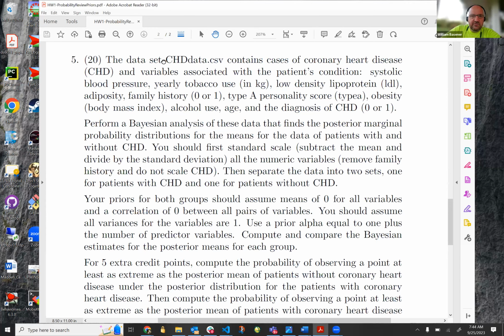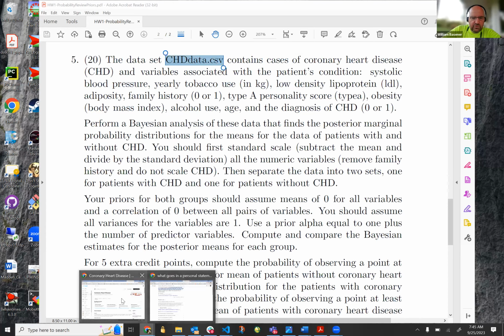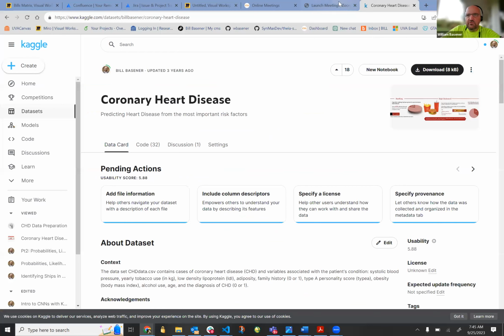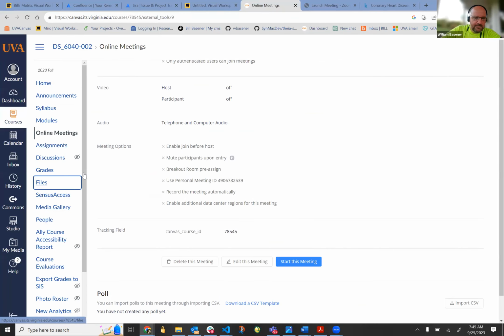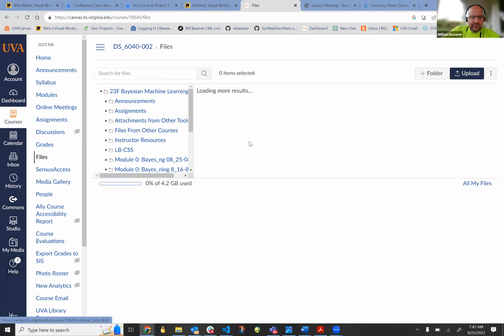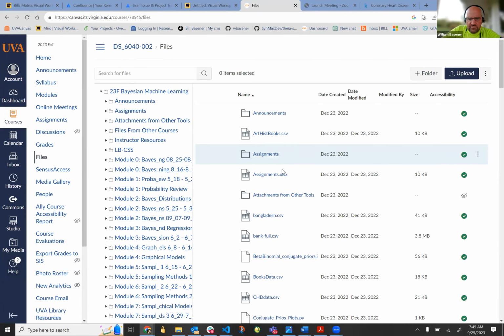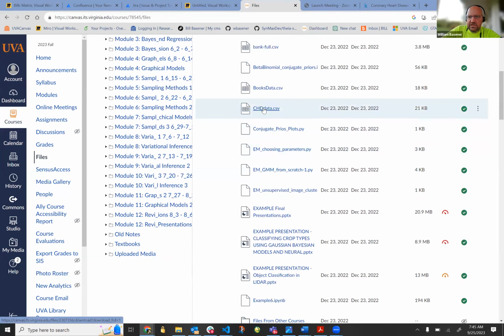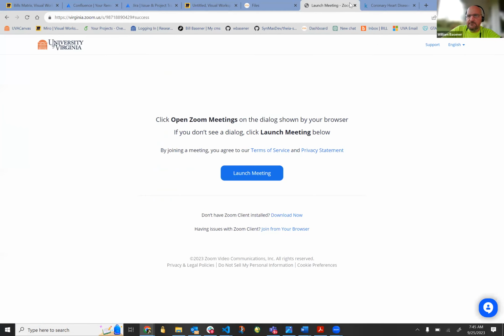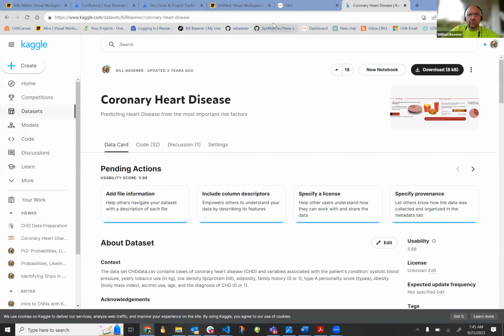The data set CHD data.csv. Okay, so let's start from what that means. There are probably a couple of places where you can get to that data set. The pretty sensible place: if you go to files, you go to computer, and in our Colab, you'll find chdata.csv. You can find it there. Also,